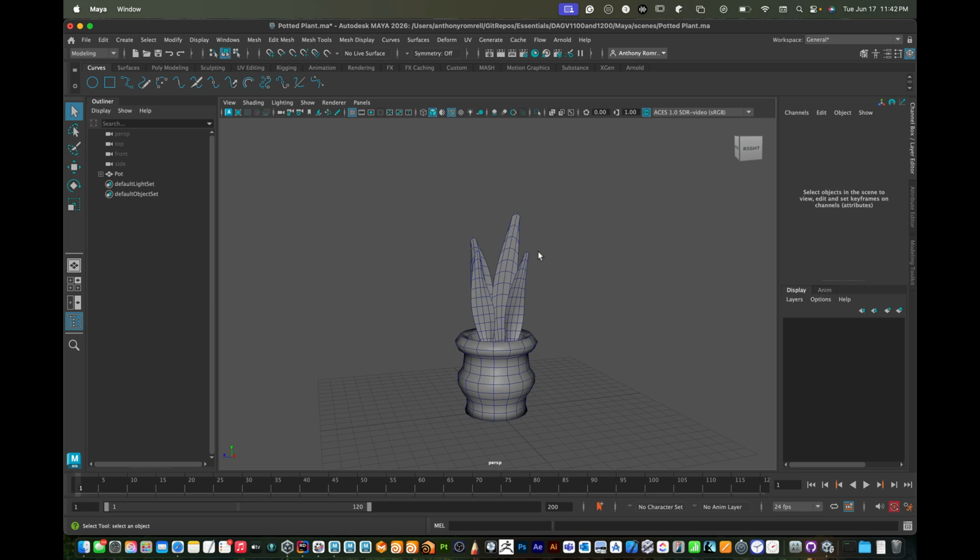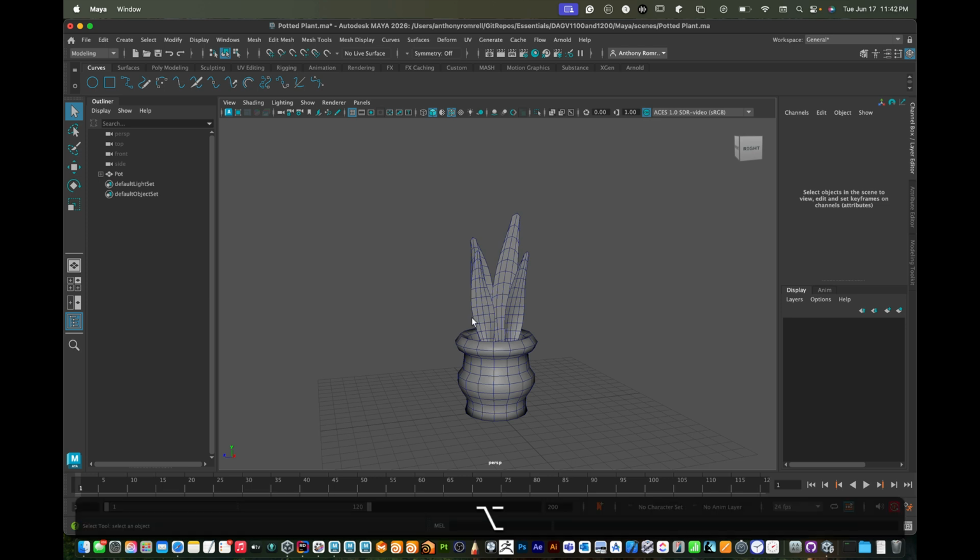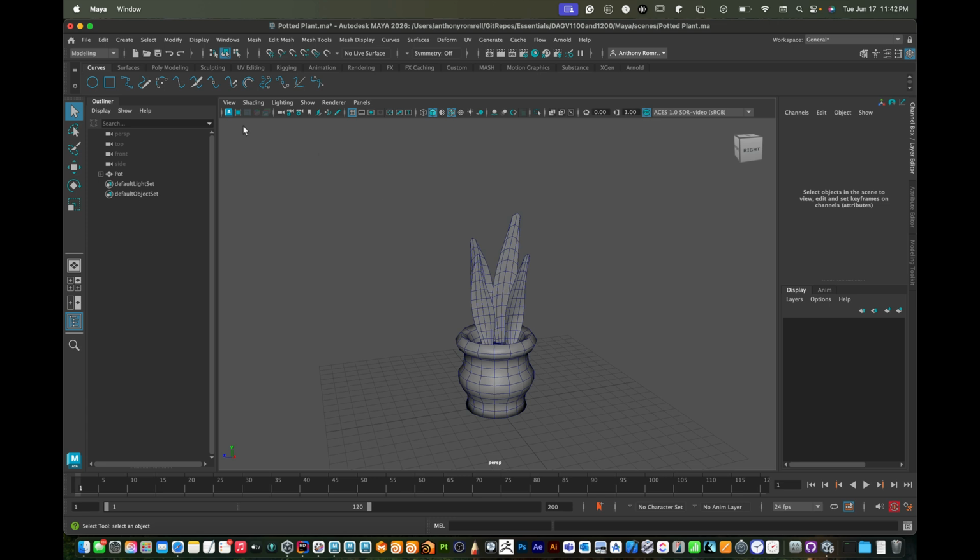We're not necessarily trying to model a plant as much as I'm trying to help give you thoughts on why we're using a tool a certain way. Okay. So a potted plant, what we want to do is first start by creating a little flower. So how we're going to do that is I'm going to go to poly modeling, and I'm going to click on this